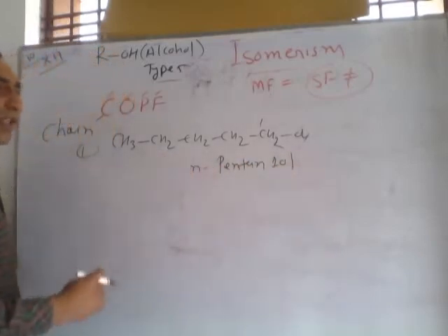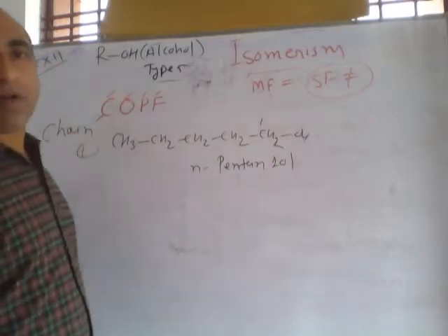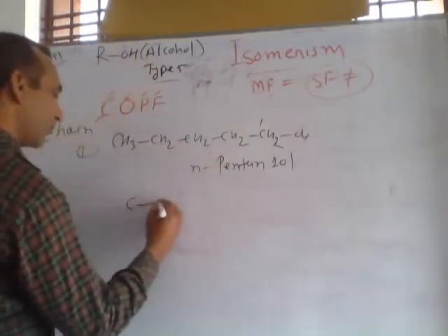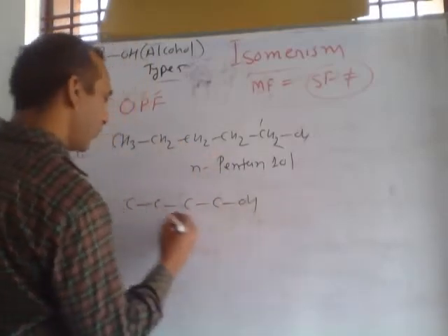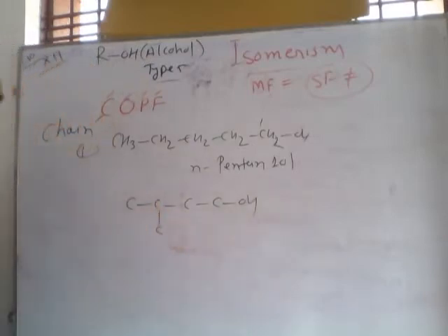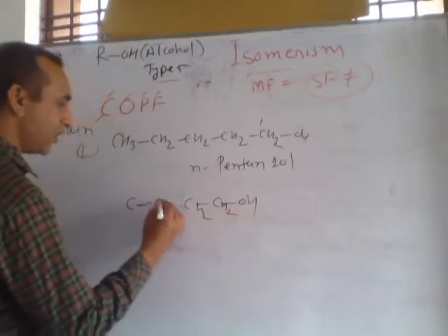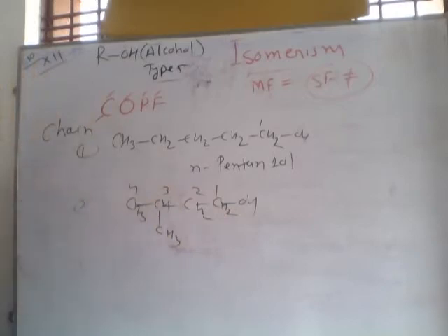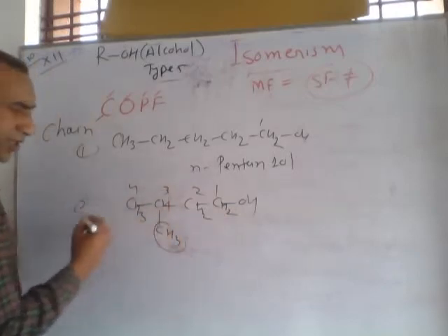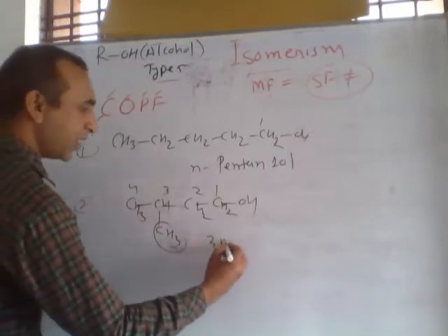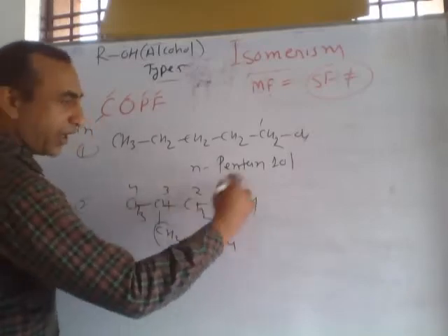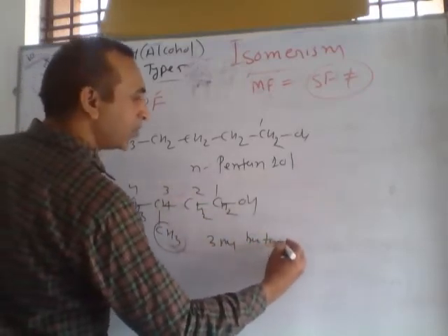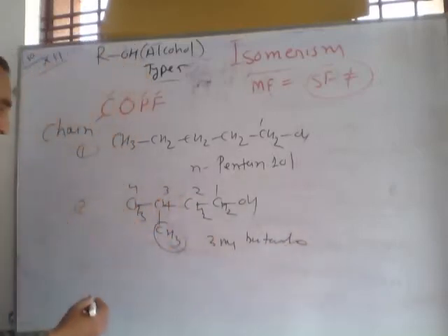I am writing here N means normal. In this compound there are 5 carbons, the longest chain present in a straight chain. If we want to write the name of this compound, here you fill hydrogen, CH2, CH2, here CH3, CH3, numbering 1, 2, 3, 4. In this compound on the third carbon there is CH3, so we can write 3-methyl, total carbon 4 and last OH. So this compound is 3-methylbutan-1-ol.